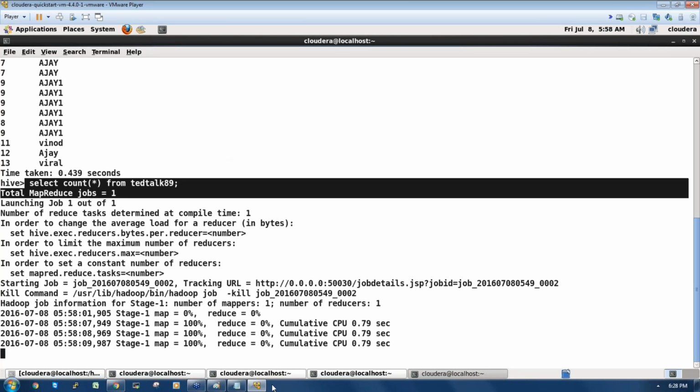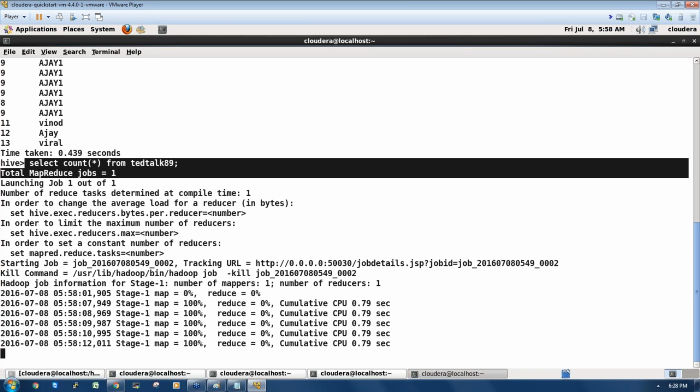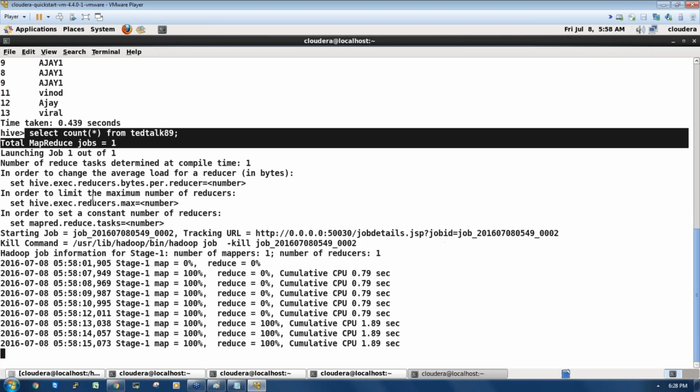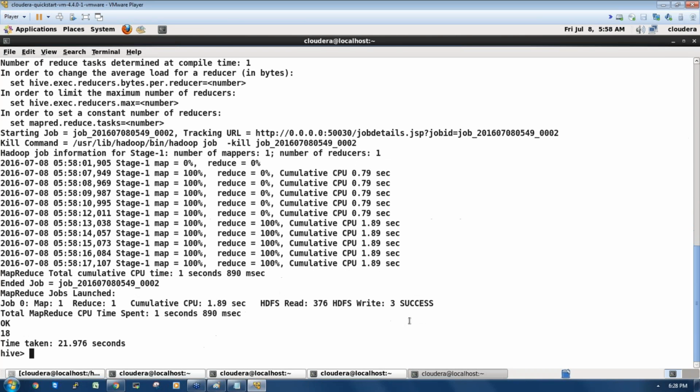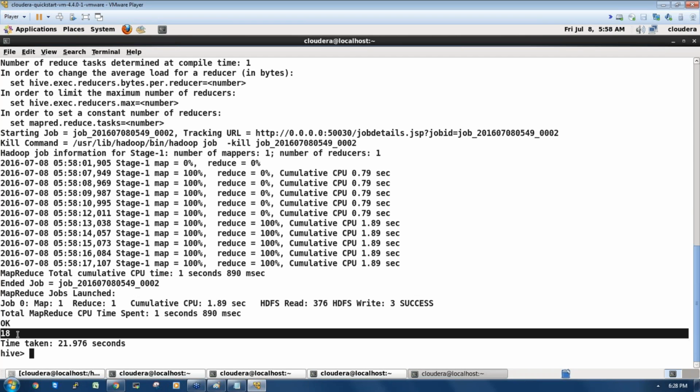So what I did now: first I imported the data to HDFS, then I loaded it into Hive for the data processing. In the data processing I can run queries like this, then I got an output, right? So this is the output. Now we can store this output into HDFS, or you can send this data back to NoSQL, or you can export this data to MySQL. So how do you want to query? How many nested statements? How do you write the select statement? How are we trying to retrieve the data? It's based upon the query, or based upon the job which you are going to run. Based upon that, we have to write the query. So this is how a Hive program looks like.